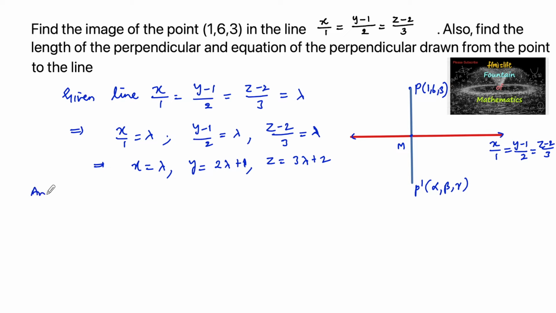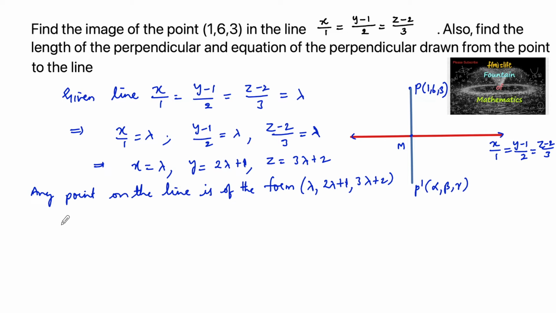So we can say that any point on the given line is of the form (lambda, 2 lambda plus 1, 3 lambda plus 2). Let us consider this point as M. Okay, then